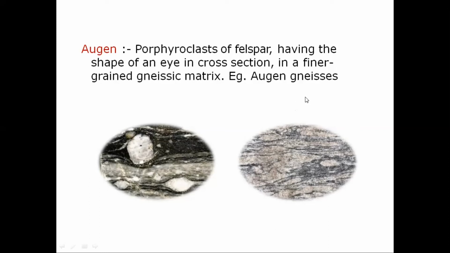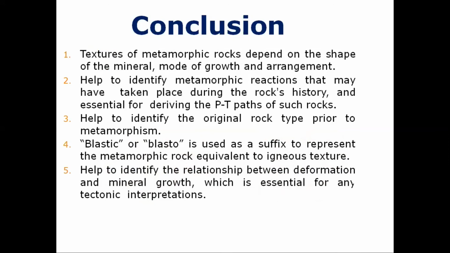Or if the gneiss melts, then you can call it granite gneiss, and if it is completely melted, we call it granite. Here you can see entrapped crystals of feldspar, the porphyroclasts, and then this is the groundmass. The groundmass is a fine-grained, nice gneissic matrix, that is also metamorphism. So we call this type of gneisses augen gneisses. We have augen gneisses in Swat granite in Pakistan, for example.